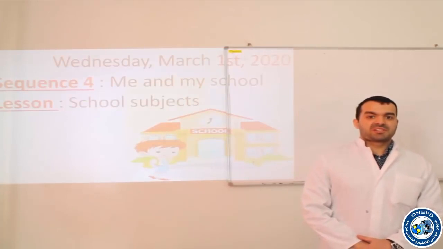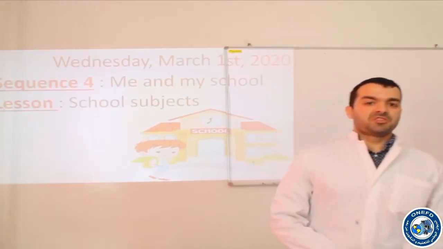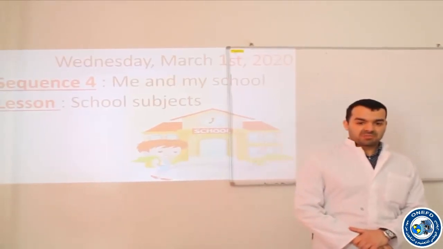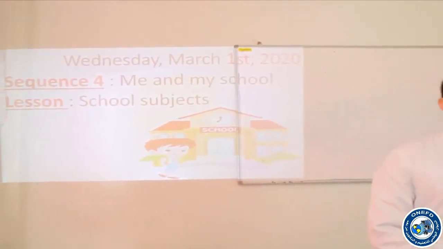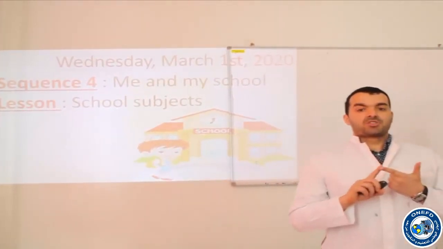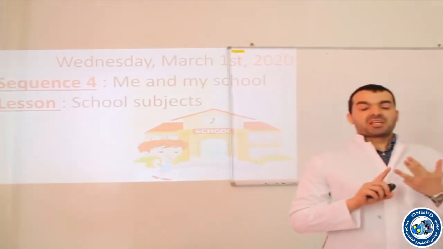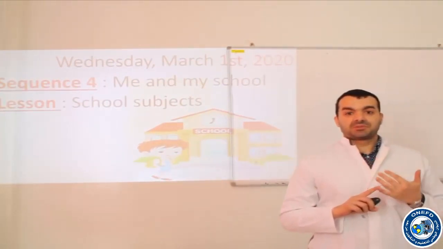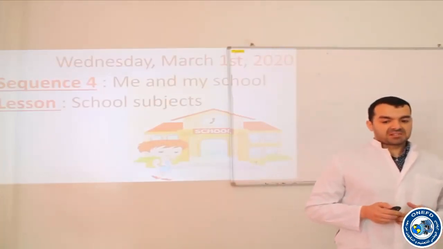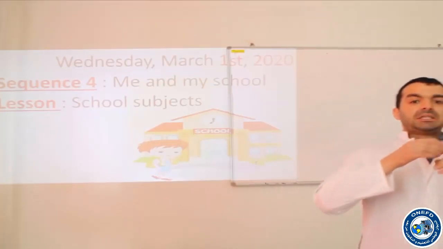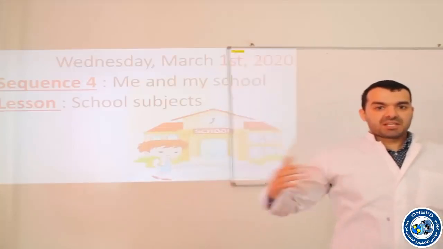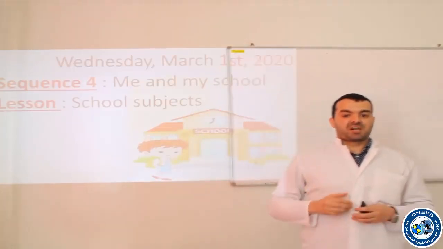As usual, before we start today's lesson, let's make a quick review about some places at school and some prepositions of place. First of all, there are many places at school. We have, for example, the classroom, the biology lab, the physics lab, the library, the sports ground, the canteen, etc. And some prepositions of place, for example, on, in, behind, between, opposite or in front of, etc.